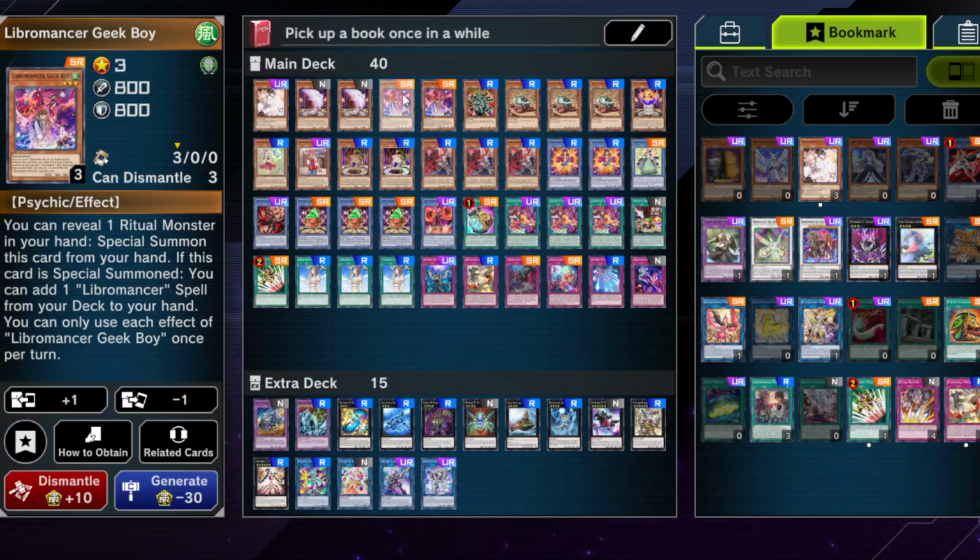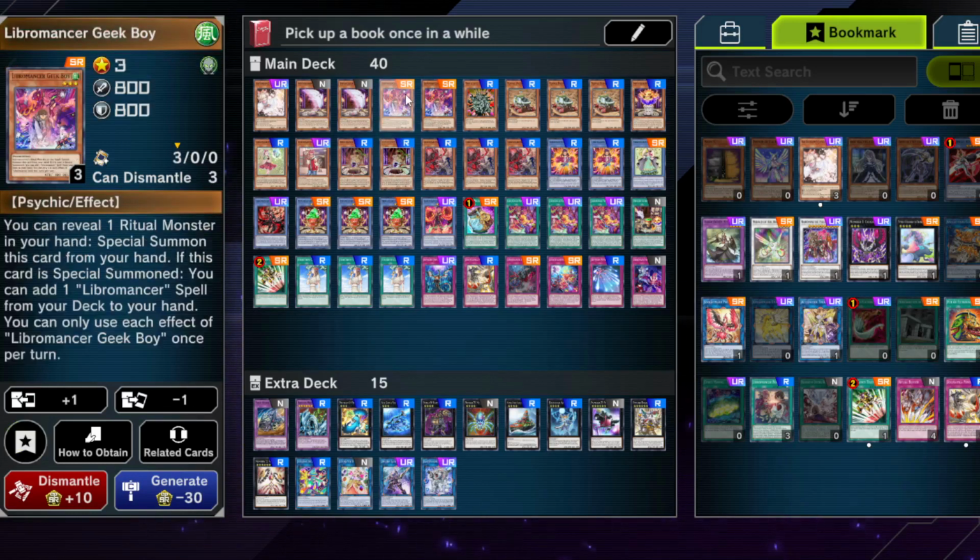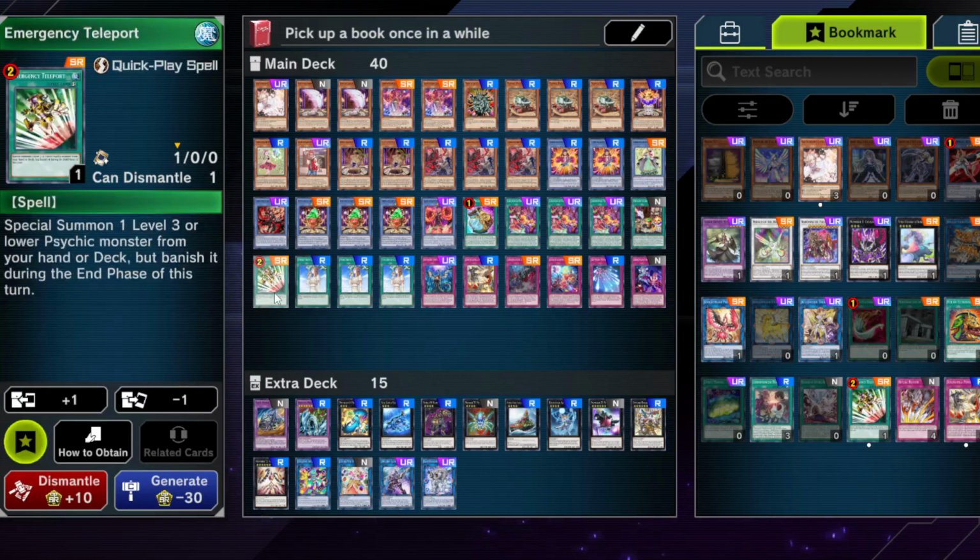I would say run at least 2 Geek Boy, but you can run 3 Geek Boy. You can run Emergency Teleport, because this card basically just special summons Geek Boy, and Geek Boy only gets its effect when you actually special summon the card. So sometimes, not all the time, Emergency Teleport can actually be better than having Geek Boy in your hand,